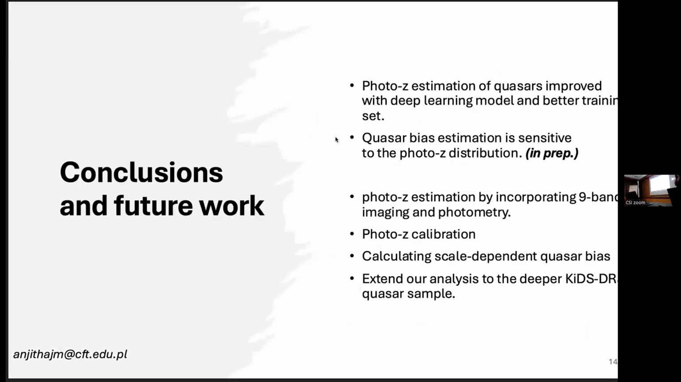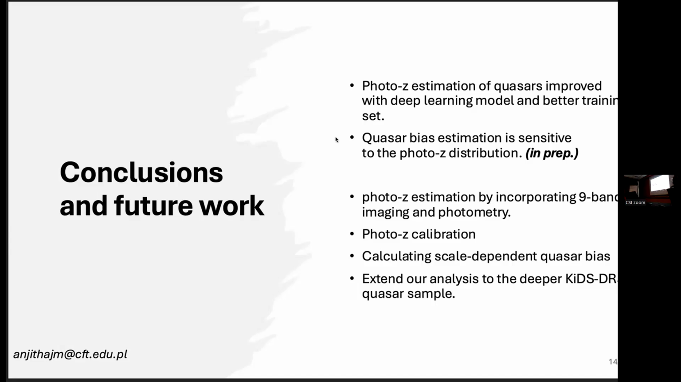The main conclusions and future aspects of this work: we estimated photo-z with a deep learning model and a better training set, because here the photo-zs of quasars are improved because of the better training data sets, the DESI DR1 and the SDSS DR17. And the quasar bias estimation is very sensitive to the redshift distribution. We are preparing our paper, and in that paper we discuss in detail how the redshift distribution affects the quasar